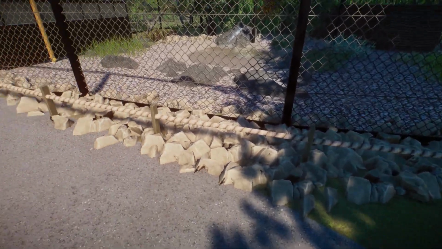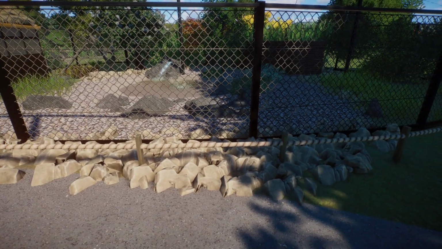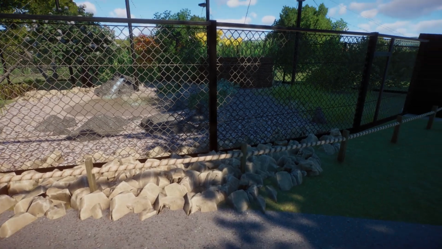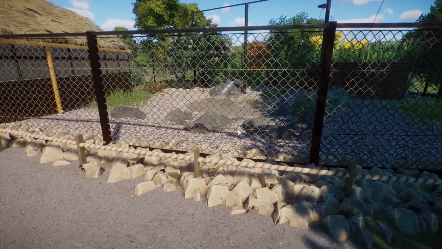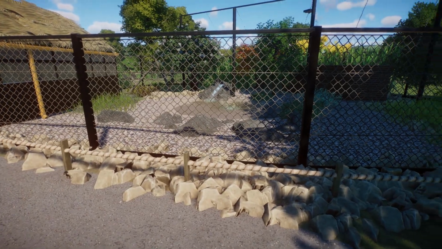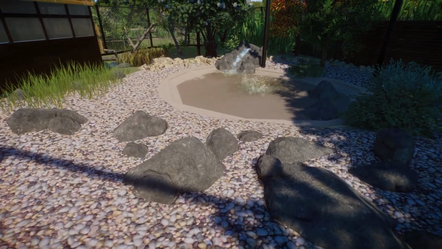I've used, for the outside part, obviously the path can't come through the fence, so I've used some of the temple rubble just for the sake of adding a bit of texture and stuff to it, and keeping that kind of theme going from the inside to the outside. The rocks and stuff, a few actual rocks and bits,